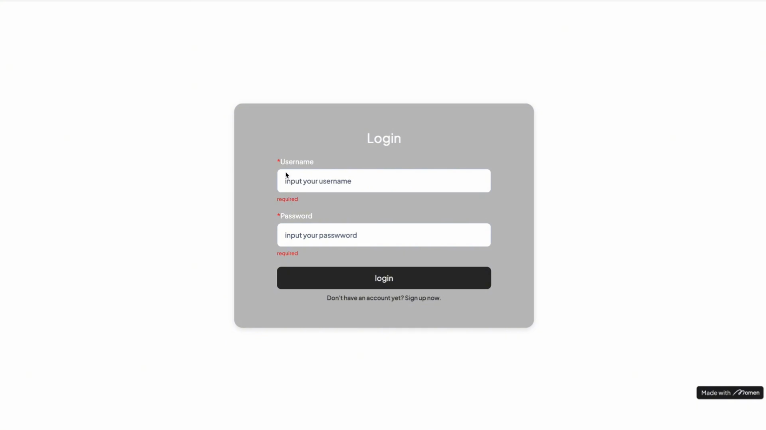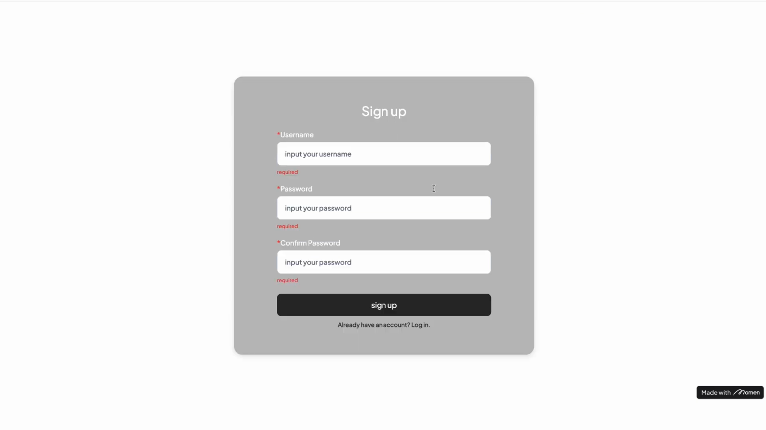Momen supports three main types of login. First, username and password. Second, email and verification code. Third, single sign-on or SSO. Today we're going to focus on building the two most common flows, username and password, and email with the verification